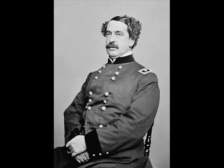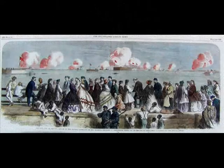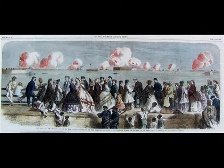Captain Abner Doubleday, a Union officer inside Fort Sumter, later wrote that, "After sailing high in the air, it came down and buried itself in the ground. Its explosion shook the fort like an earthquake." Residents in Charleston were awoken by the shots and got out of bed to see the